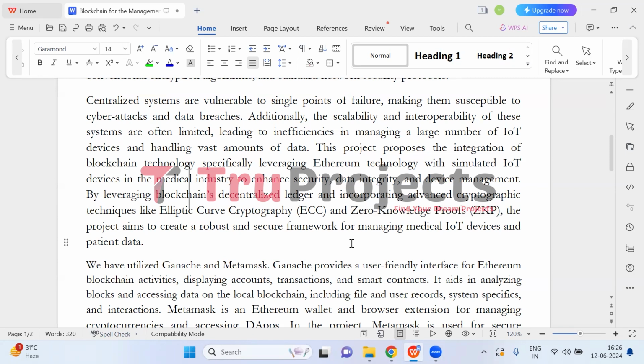So by combining blockchain, that is Ethereum blockchain, cryptographic techniques, and the simulated IoT, we aim to create a robust and secure system for managing medical IoT devices and patient data. This integration not only enhances the security and integrity of the data, but also improves the efficiency and reliability of device management. Medical IoT devices can securely transmit encrypted health data to the blockchain, where it is stored in an immutable and transparent manner. This ensures that healthcare providers can trust the accuracy and authenticity of the data, leading to better patient care and streamlined